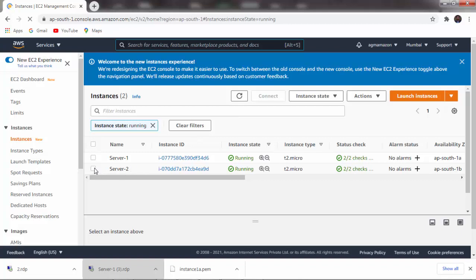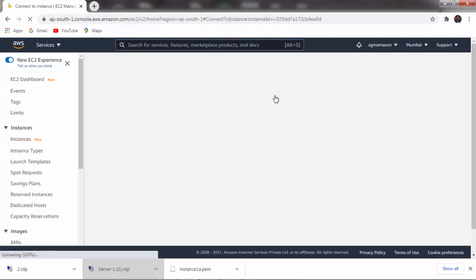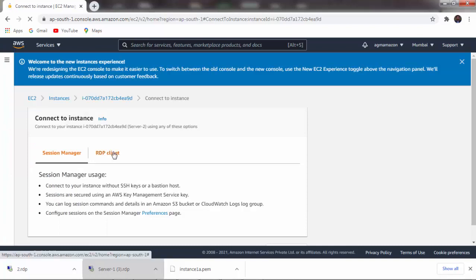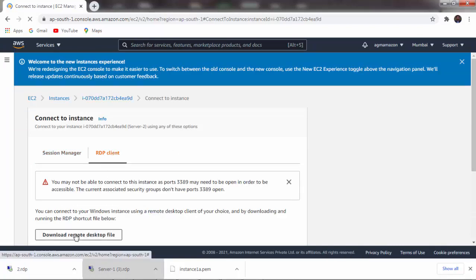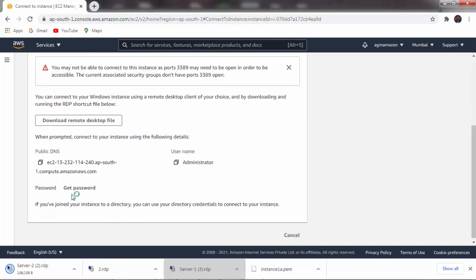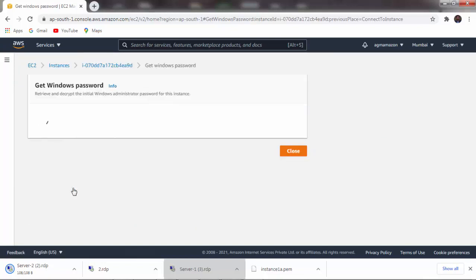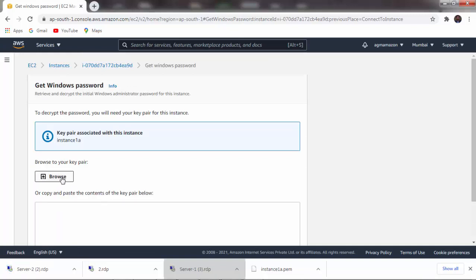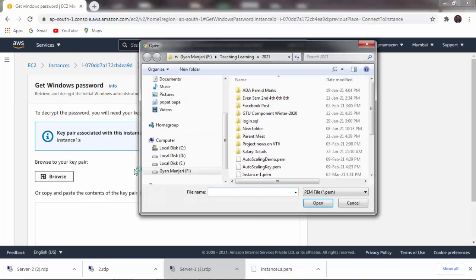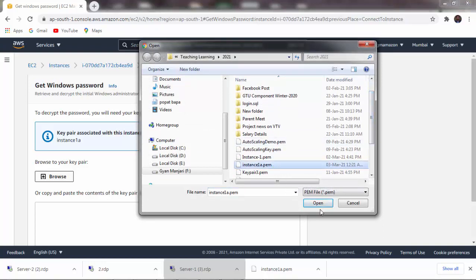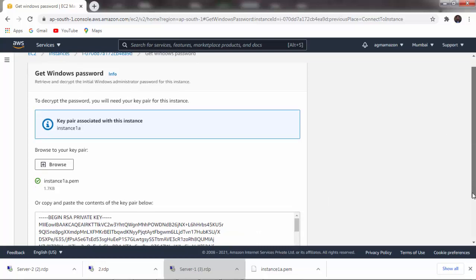You have to just select it, then click on connect, then click on RDP client, then download remote desktop file, then click on get password, then browse key pair, that is instance 1A, select this key pair, that is instance 1A, and then click on decrypt password.